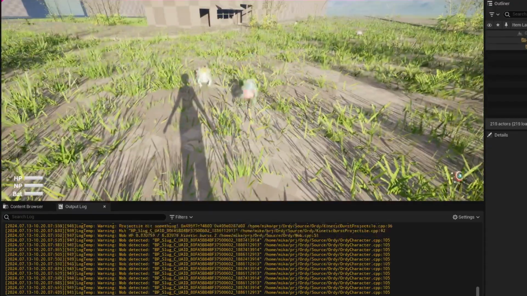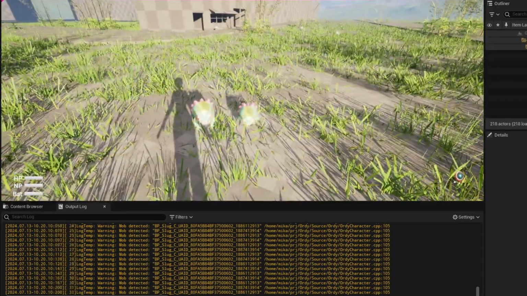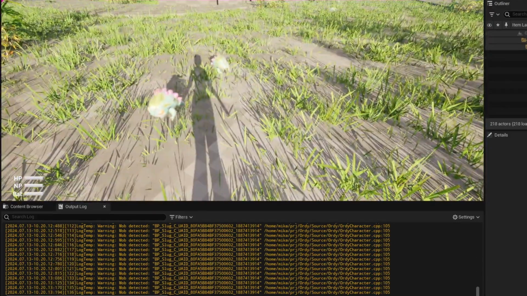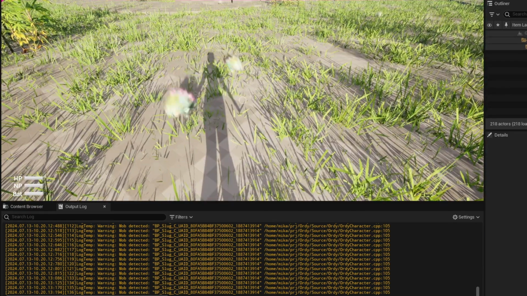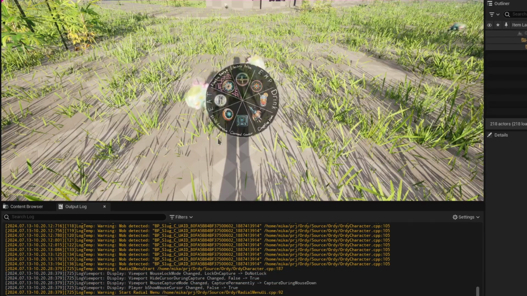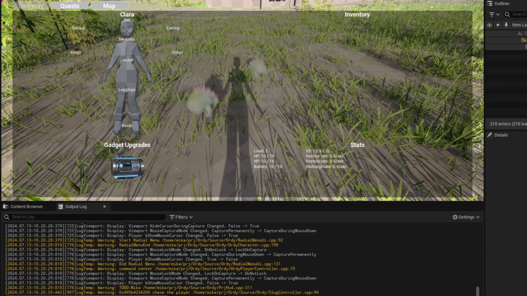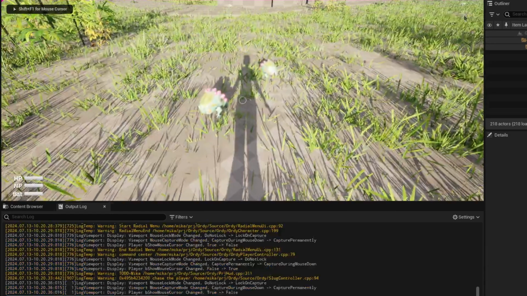I did not, of course, implement the effect of the shield. Oh, this is broken. Yeah, I know what I broke. So I broke it. Okay. Anyways,